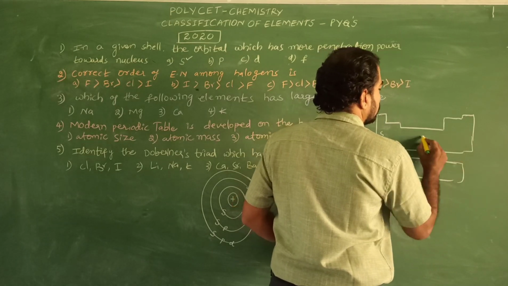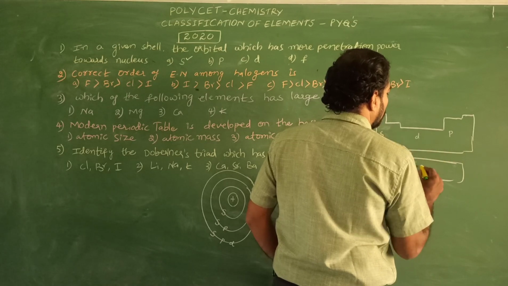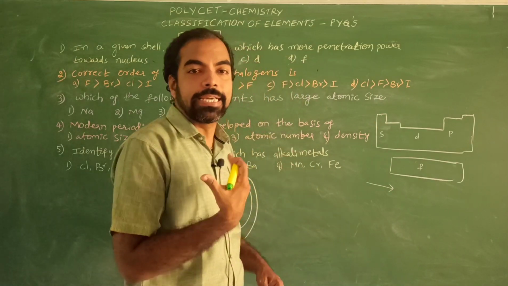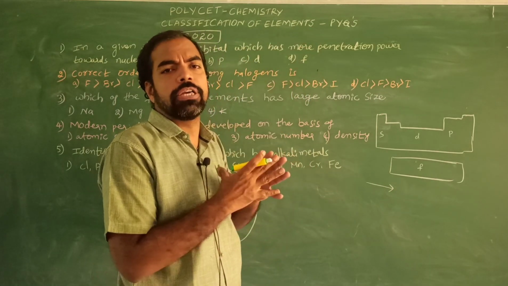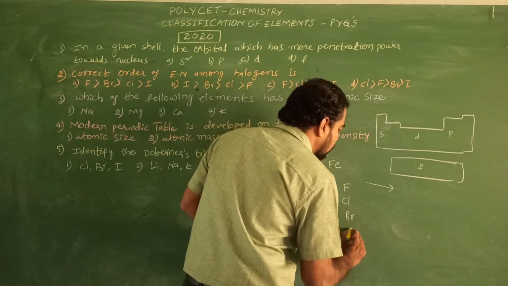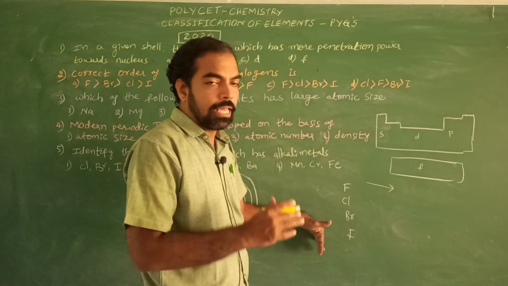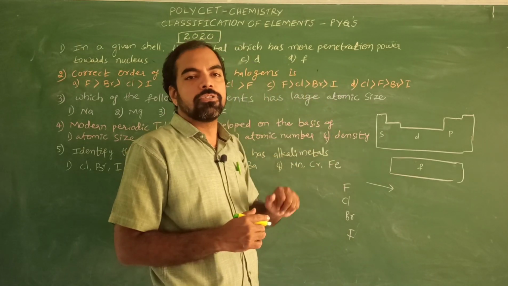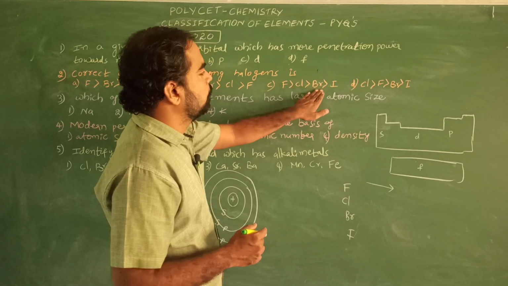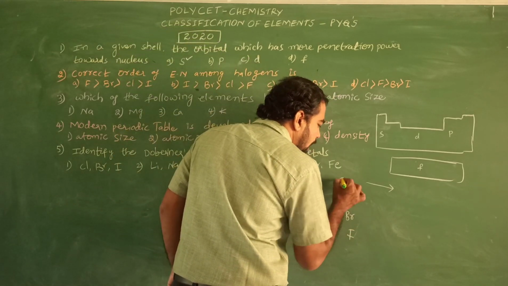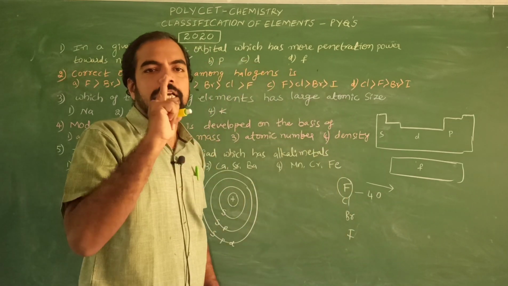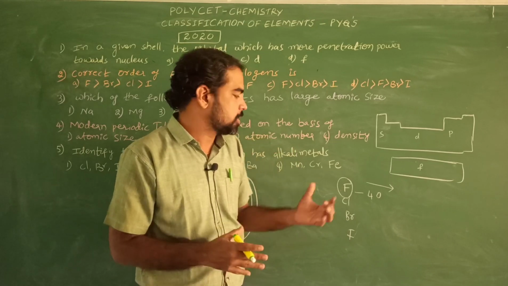Here S block, here P block, D block and F block. Here in this periodic table, left to right, electronegativity values increase, whereas down the group electronegativity values decrease. Here the given are fluorine, chlorine, bromine, iodine. Down the group, electronegativity decreases, whereas left to right electronegativity increases. Here the order is fluorine, chlorine, bromine, iodine. Among these, fluorine has more electronegativity. Its value is 4.0. The highest electronegative element in the whole periodic table is fluorine.